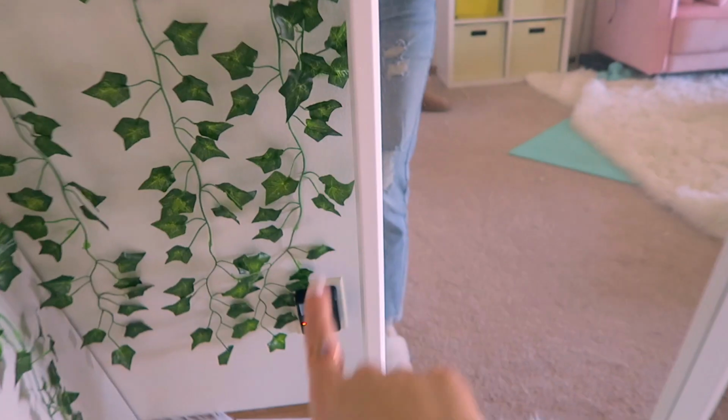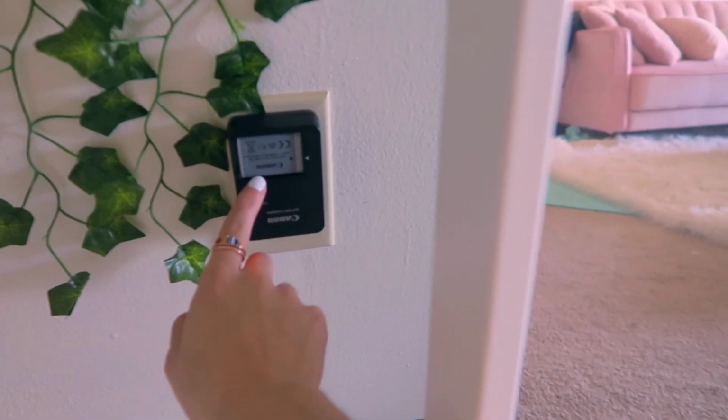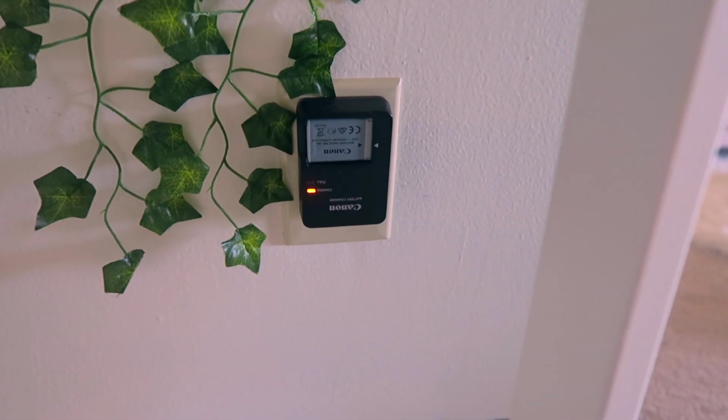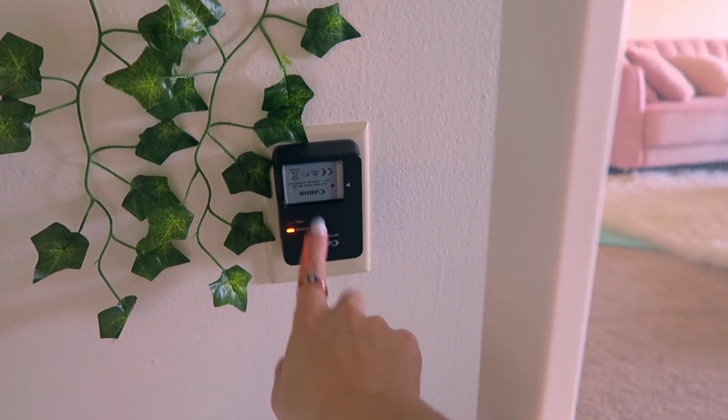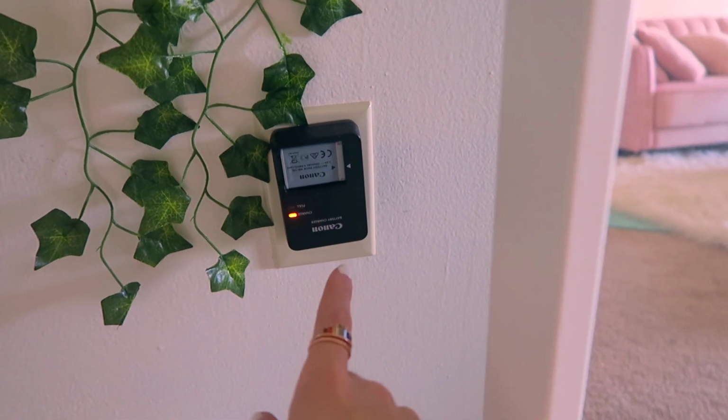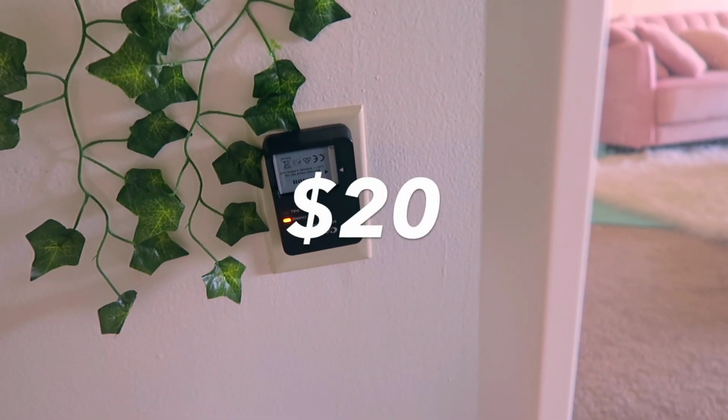The other work from home essential that I picked up from Amazon is currently in my living room, but it does kind of get moved around depending on where I put it. And I recommend this for any content creator that uses a camera, and that is making sure you have spare camera batteries. So I have 2 batteries for the camera that I'm using right now, and I have 3 batteries for my old camera that I used to use. Anytime I'm filming, the spare battery is being charged. You can find spare batteries compatible with whatever camera you are using on Amazon for typically around $20 per battery,